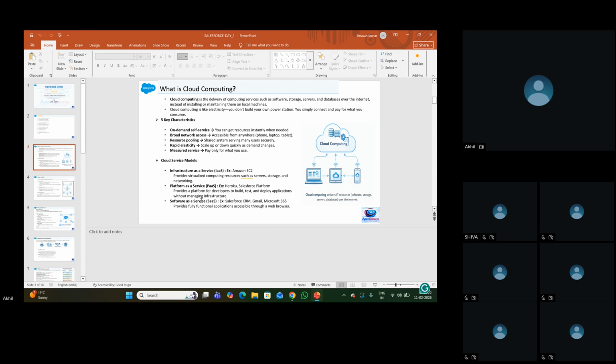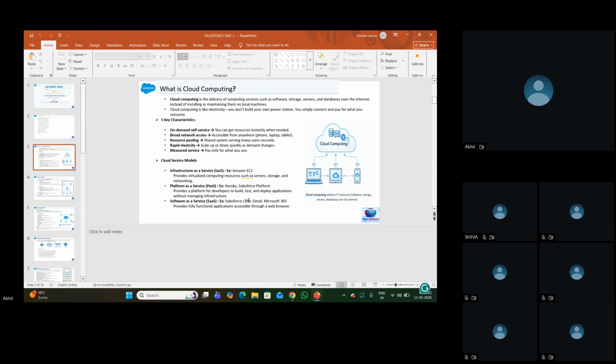So software as a service, Salesforce, is also called Salesforce CRM, customer relationship management. With that software, we can automate things. We can send email notifications.